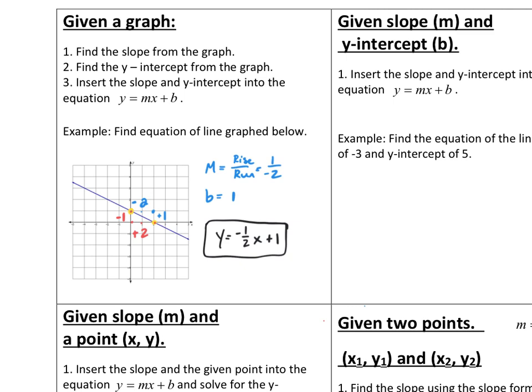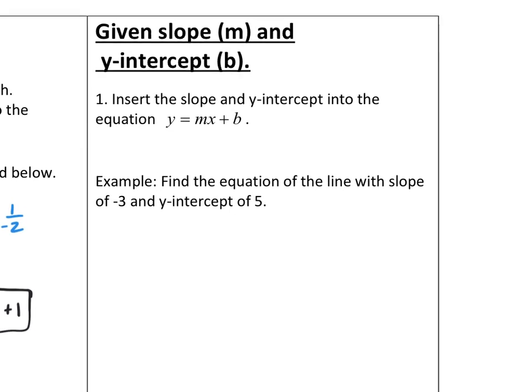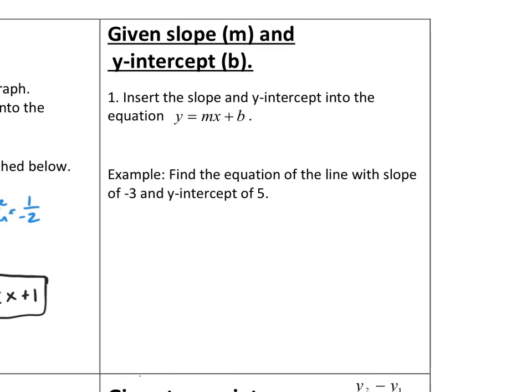Now, the next kind is another one, and we saw an example of this last night. Here you are given the slope and the y-intercept. When they give that to you, it's as simple as making sure you get the slope right and the y-intercept right and plugging them in. So here you just insert the slope, which remember is your m value, and the y-intercept, which is your b